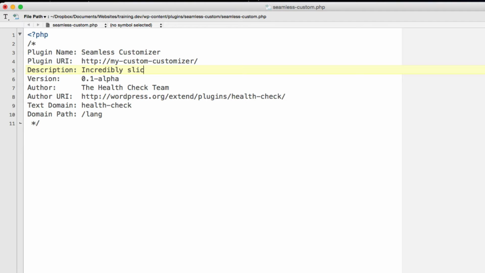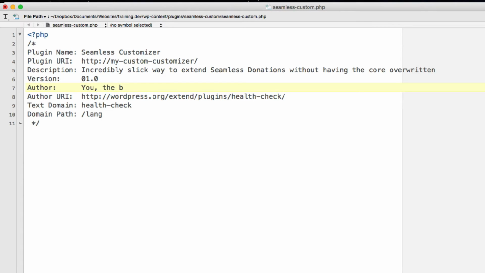Incredibly slick way to extend seamless donations without having the core overwritten. Let's be brave, let's call it version 1.0. Let's make the author you, the brilliant seamless donations user. Let's make your URL